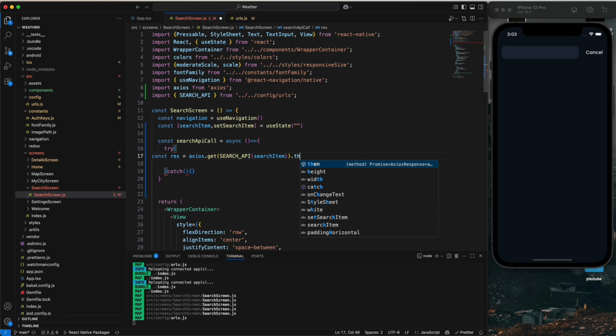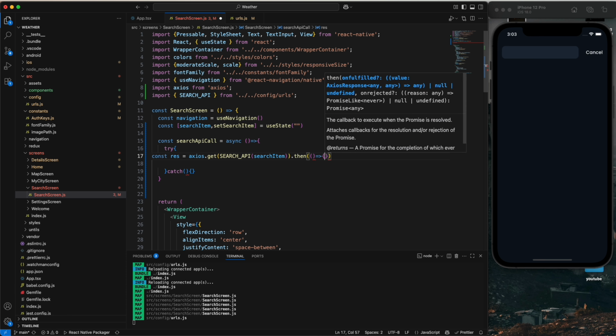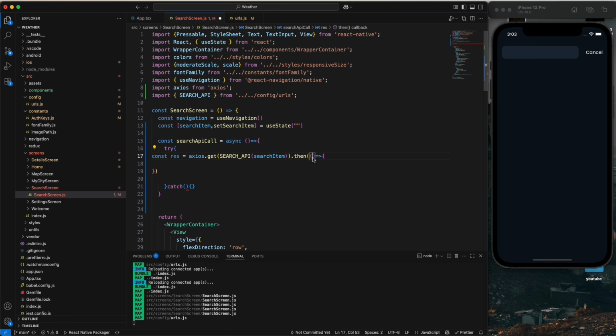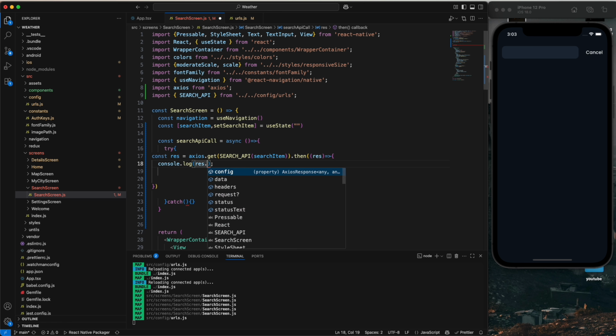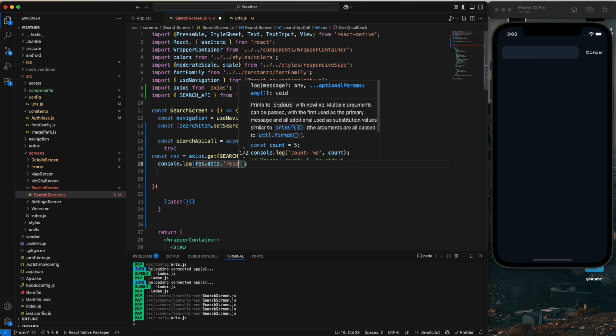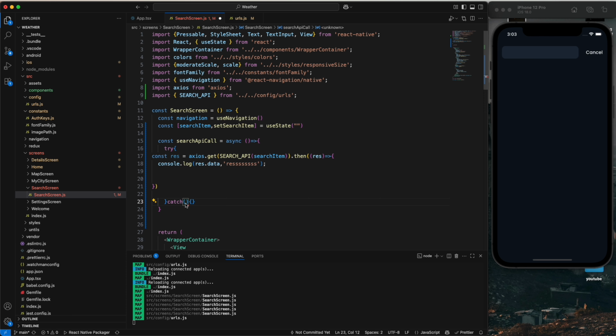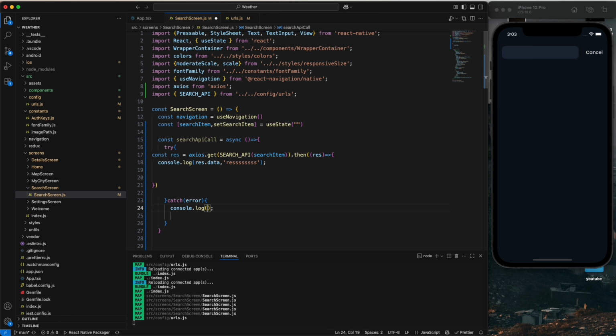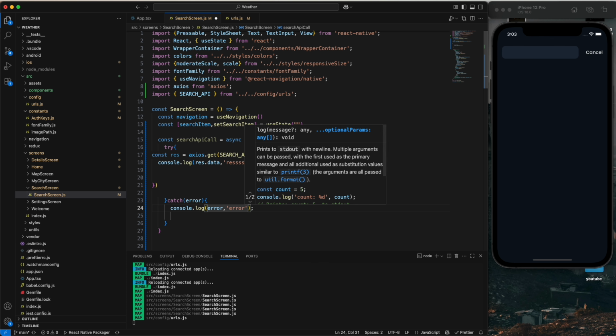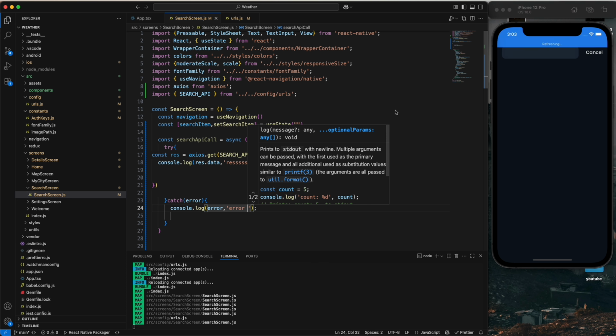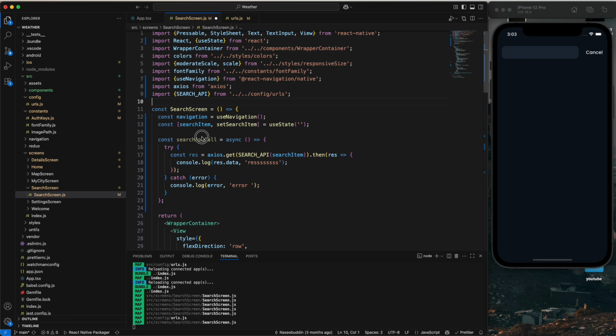and then just type then, and when you get the response we are going to console that response also. Just type the log and add dot data. This is my response, and we need the error. This is my catch, we need to type the error, just type the log error and also the error, and save it,